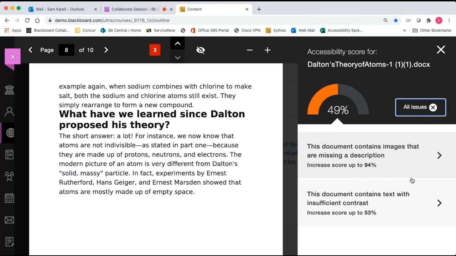If you spent time fixing those 3 images, it would actually increase your accessibility score from 49 up to 94%. There are also some contrast issues within this document. If you just spent time fixing contrast issues, it would take that accessibility score from 49% to 53%. And the reason why the scores there are a little bit different is we do weight the scores based on how severe the accessibility issue is or how many of a certain type of issue are present in that document. If you fix both of these issues, it is very likely you will see that score go from 49% up